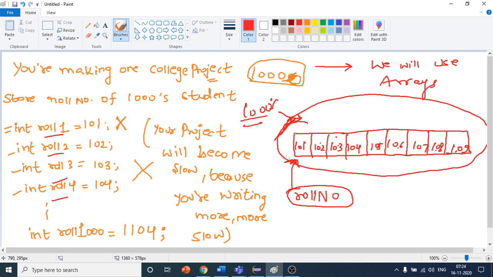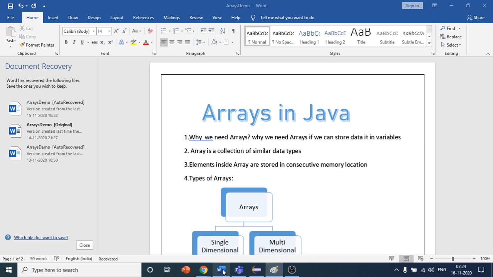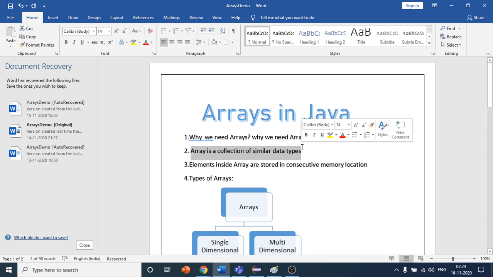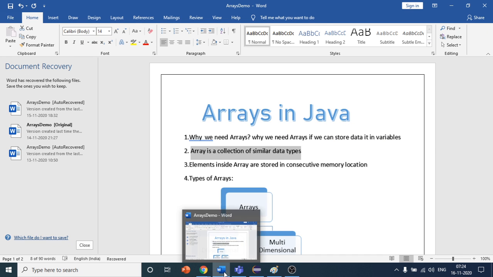And one more thing. Is this clear to everyone? Yeah. Okay, so why we need an array, we saw just now. And one more thing: an array is a collection of similar data types. So if I come here,